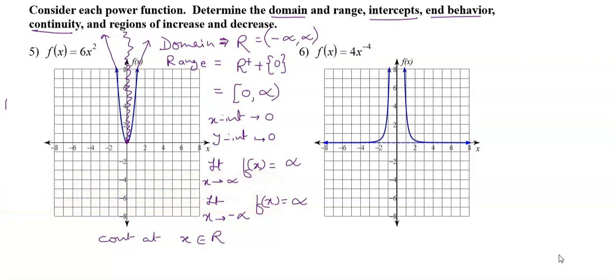Then regions of increase and decrease. From the graph, guys, you can see that the function is increasing when x is from 0 to infinity. When x is 0, after that the graph is going upwards, right? So the graph is always increasing after 0. So from 0 to infinity, the function is increasing. At 0, we will put an open interval because at 0 the function is not increasing. It is increasing after 0. Okay, and the function is decreasing.